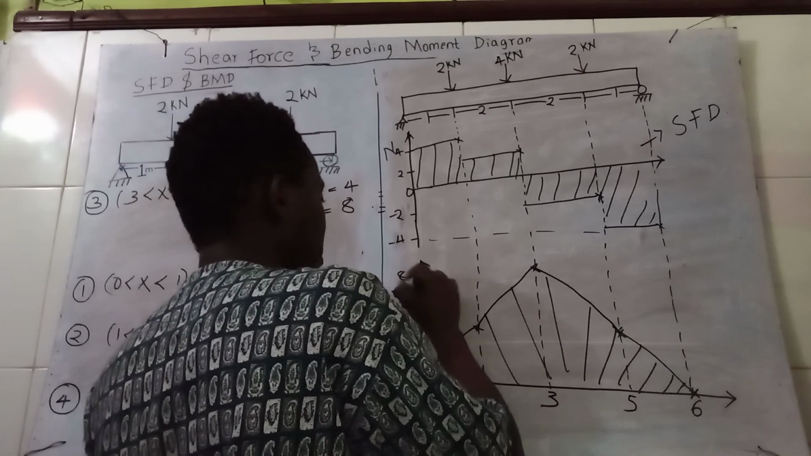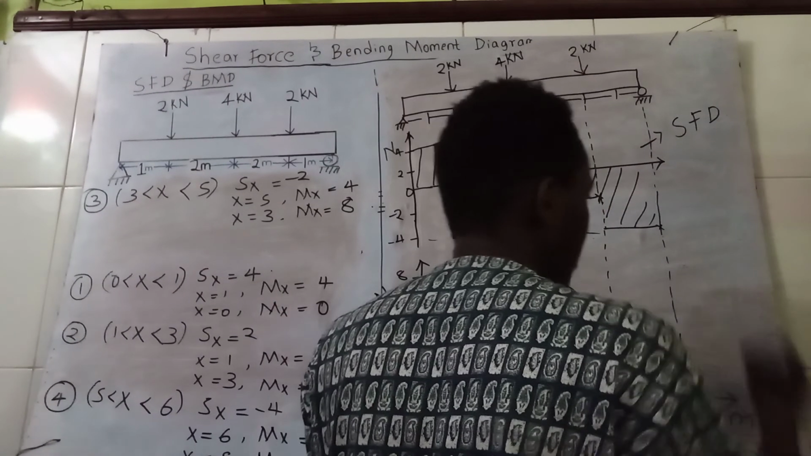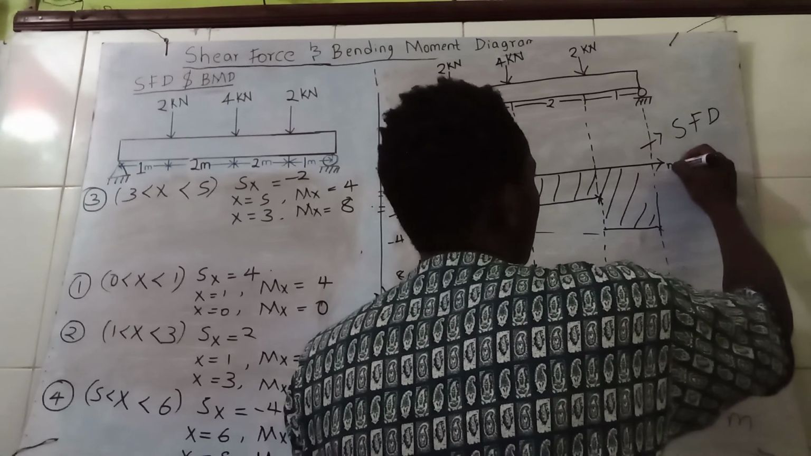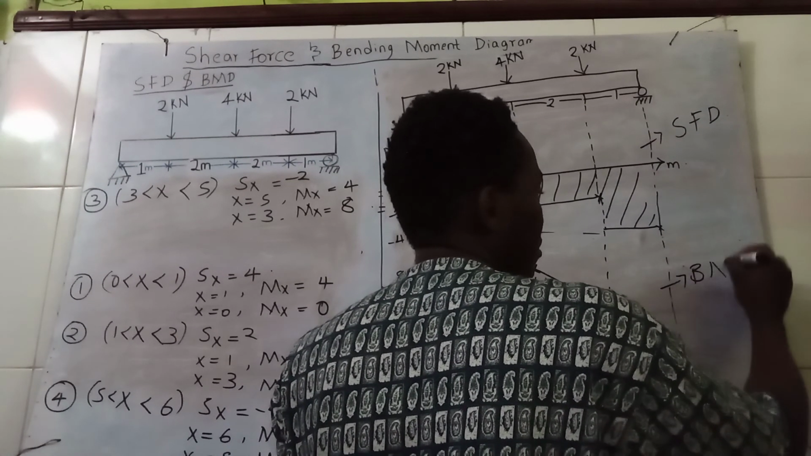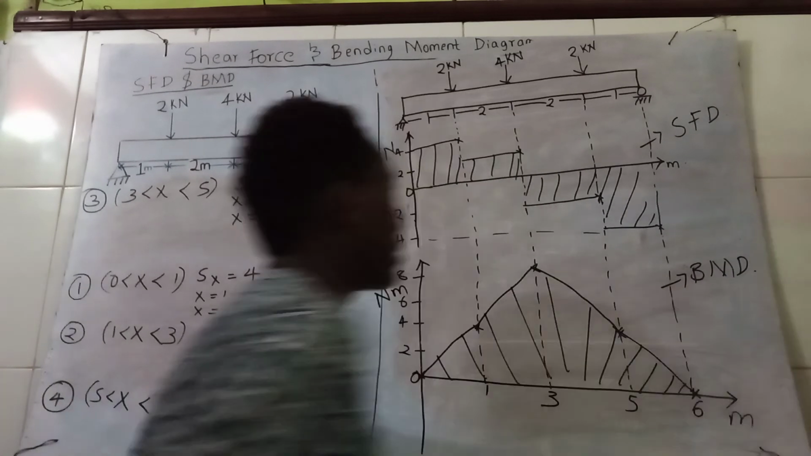So the Newton meter distance is in meters, same case distance in meters, and that is my bending moment diagram,